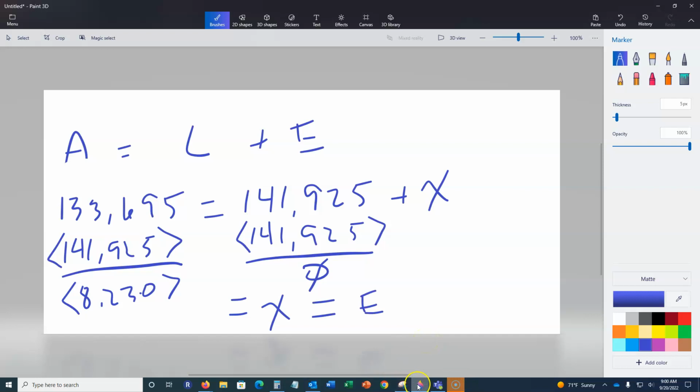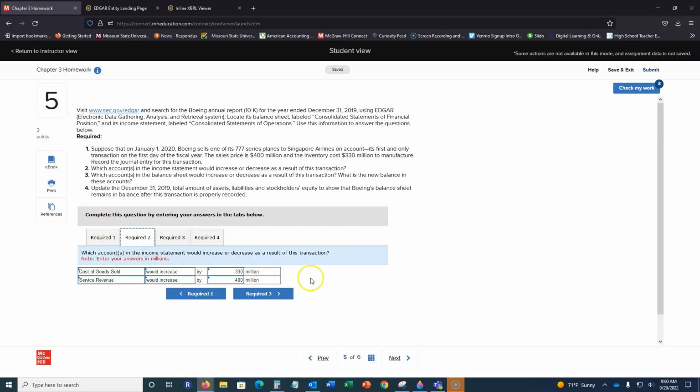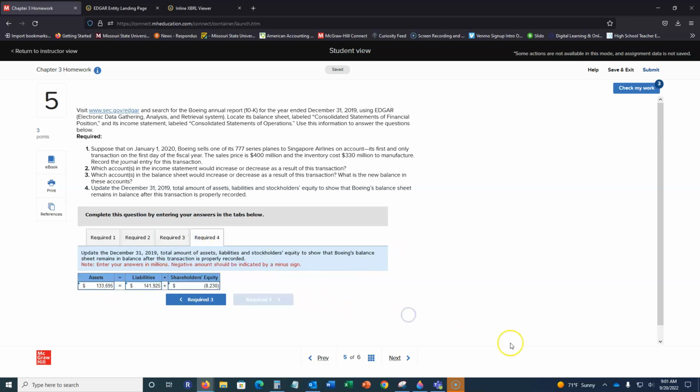Okay, so yes, it seems strange that your equity is negative right now, but that's okay. Remember, this is your first transaction this year. It's the same reason we didn't put any new balances here, because these are our new balances, right? They started at 0, and we'll talk about this in chapter 4 as well. Those started at 0, so those are the new balances, whereas these roll over every period. So we have to calculate a new balance here. And then you can see by doing this that our equation still balances. This is the third question we always ask ourselves. So hopefully this helped you guys